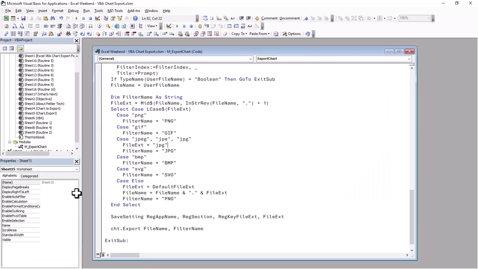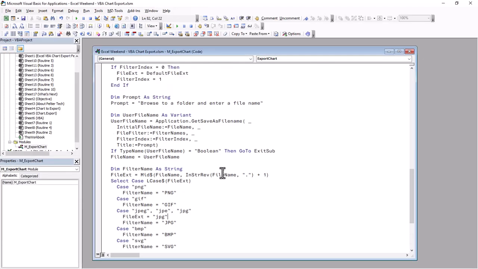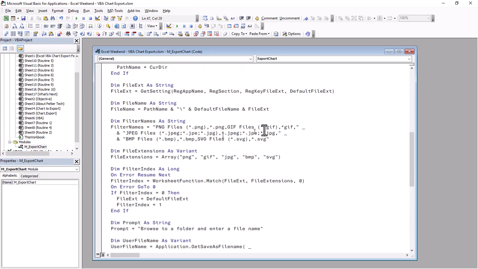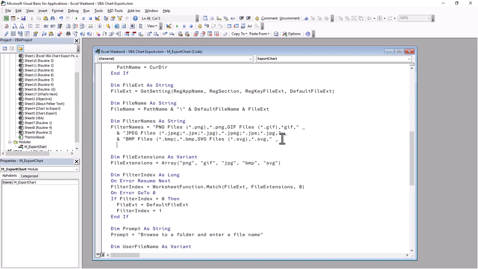So let's go back to Visual Basic here, and the first thing we need to do is add to our filter names the PDF file. So I'm just going to put a comma here, space underscore enter, and ampersand, and I'll do PDF files, and I'll do .pdf here, and a comma, and asterisk .pdf again, and there's my new filter names. See how easy that was? And I add a new